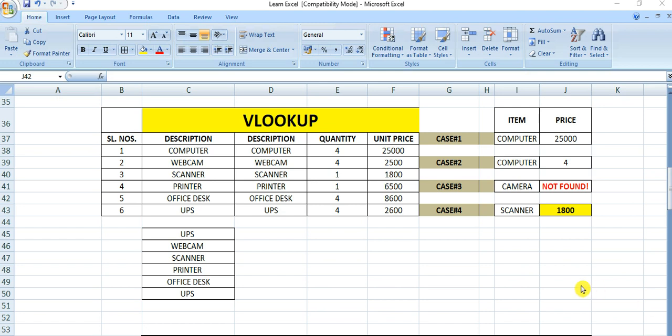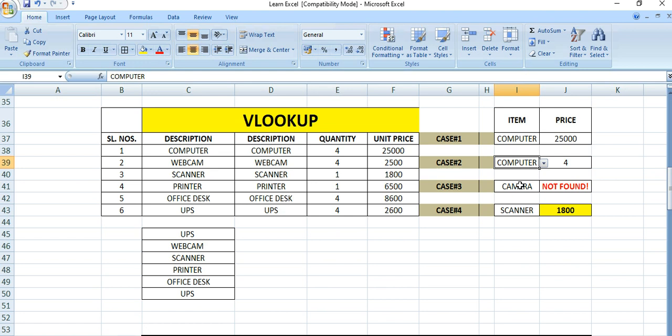So in our previous video we found out how to use this VLOOKUP formula for this table. Case 1 and case 2 we already discussed, where case 1 is the simple VLOOKUP formula, and for case 2 we created a drop down list, and accordingly this quantity is changing. Now in this video we will search